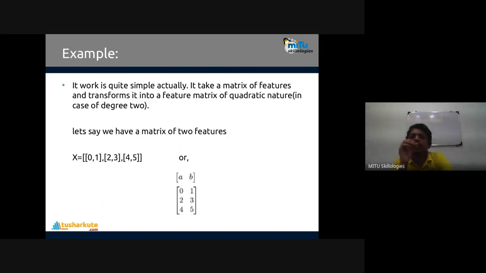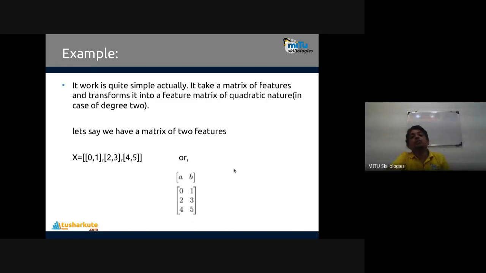It works quite simply. It takes a matrix of features and transforms it into a feature matrix of quadratic nature. For example, I have a data set like this: X is equal to 0, 1, 2, 3, 4, 5, something like that.